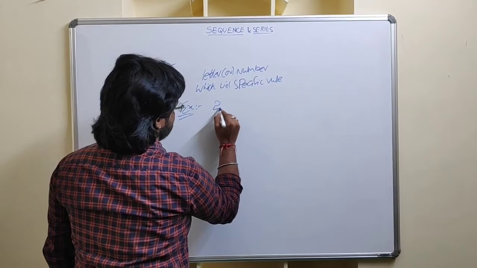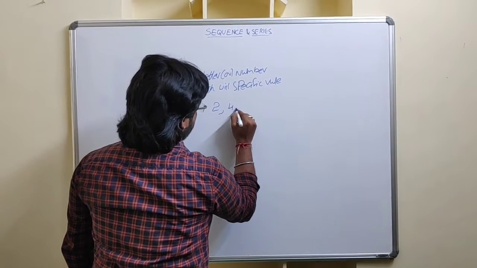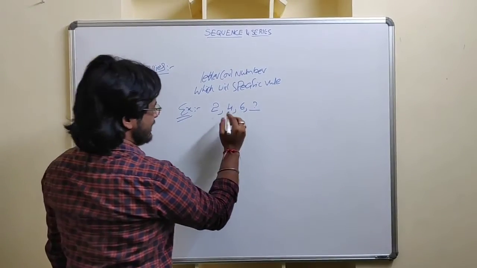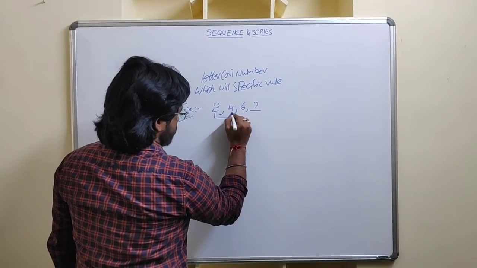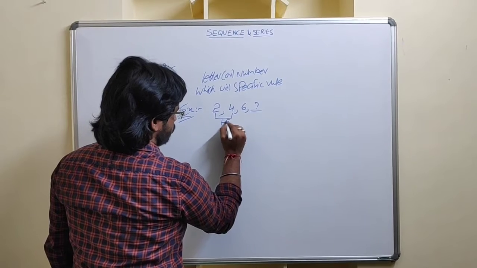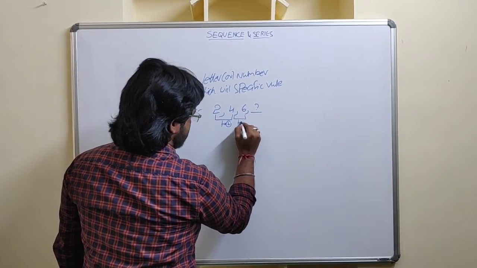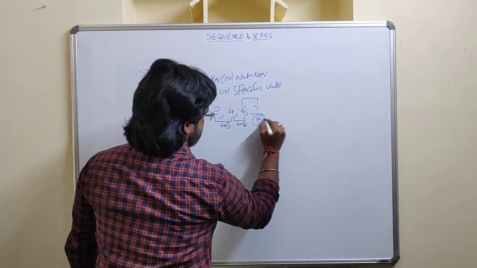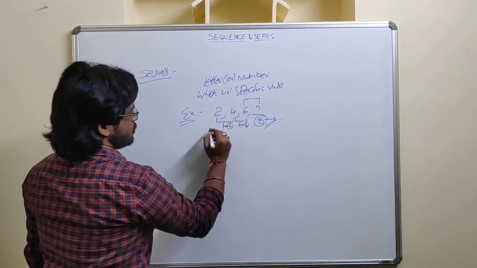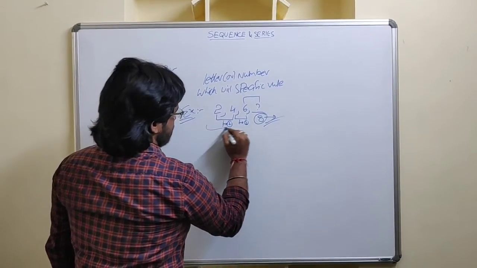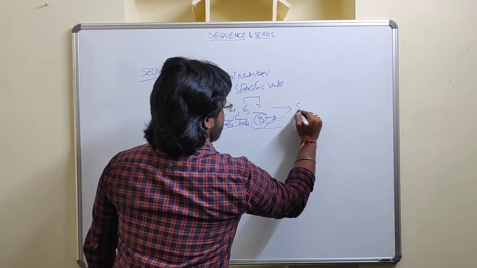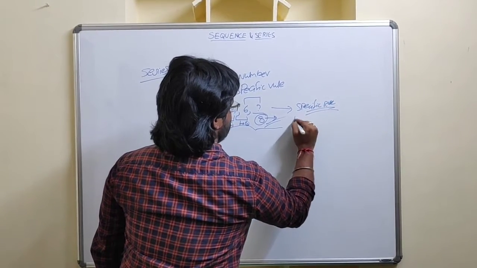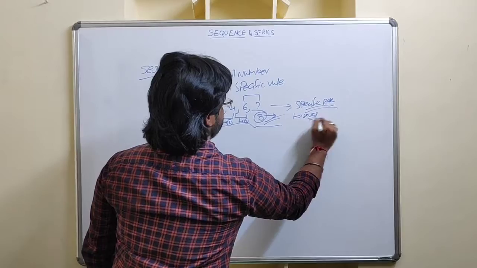When the question is given like this, 2, 4, 6, and what will be the fourth number? You can clearly see for the first two numbers there is a difference of 2, and the next two numbers also have a difference of 2. So alternately the next number will be 8. So this will be the answer. In this question you try to understand that these questions satisfy one specific rule. So this is what is meant by series.